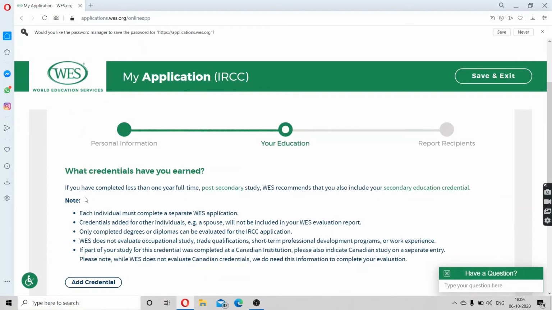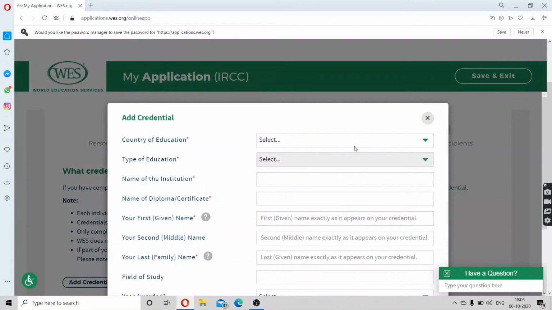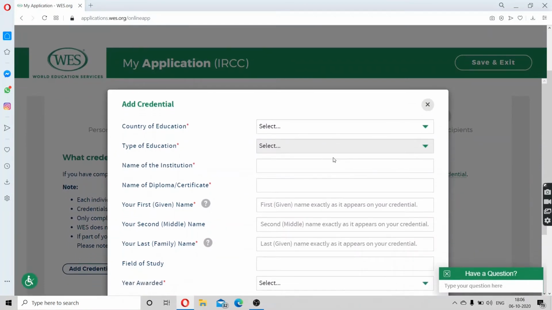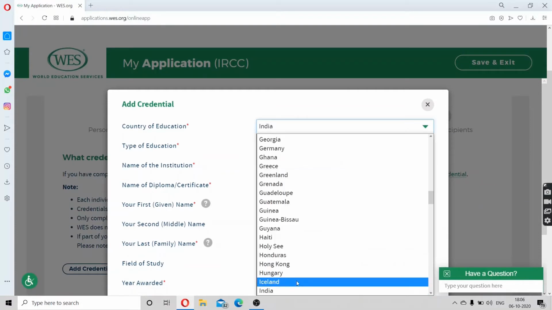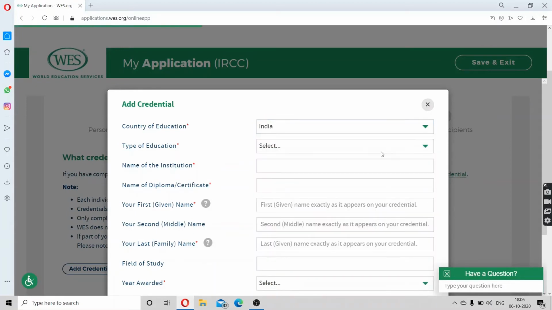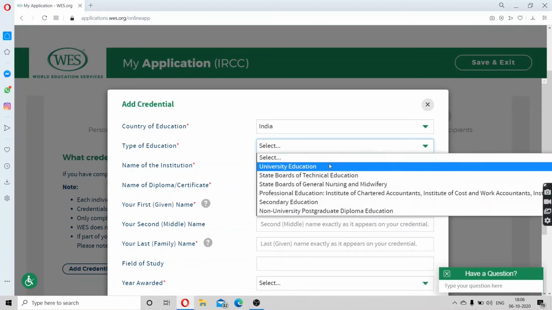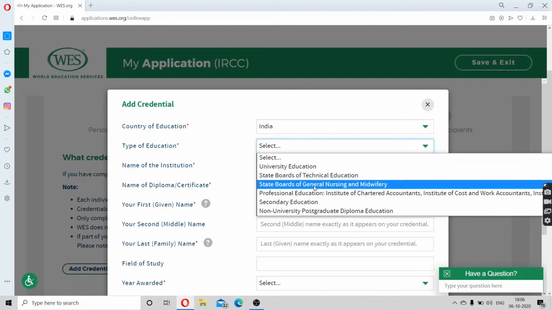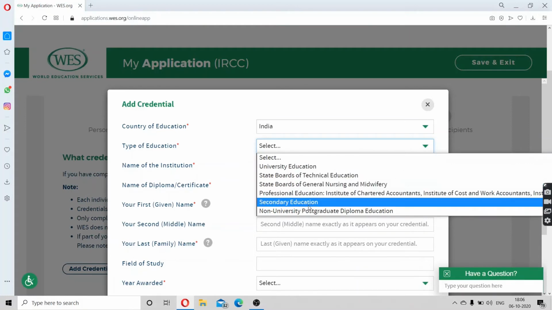Now, what credentials have you earned? You have to add your credentials one by one. I will just show you one. You can put all your credentials here, starting with your own country. Then you have to choose the type of education: university, state board, professional, secondary education, non-university.